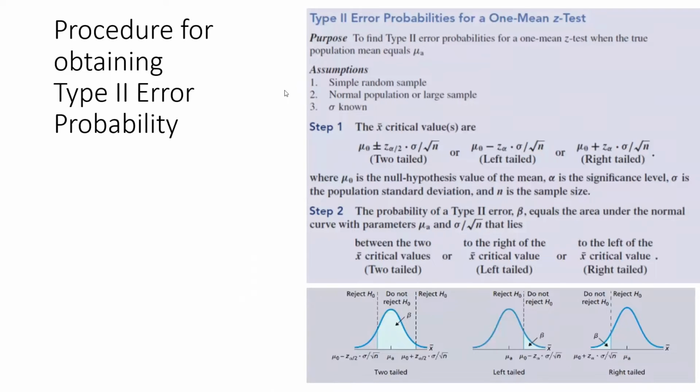So we talked in class about how to find the type 2 error, and we did it for one example. And I just wanted to go over what we did in a more general sense. So you could argue here that we did each of these. We did have a simple random sample. The data was either from a normal population or it was a large sample, and we